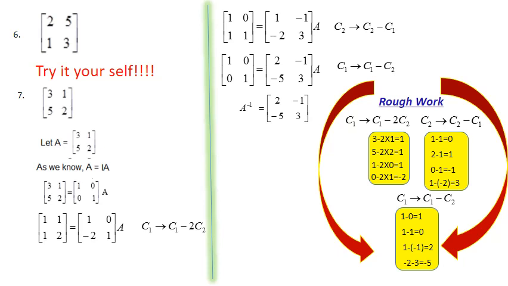Now you see we have used column operations here, and how we changed means we have to develop a pattern. First I changed the first element to 1. Next I changed the second element to 0. Then third we change this element, and finally the last element we make 0. So there is a magic pattern that we will see in the next slide.